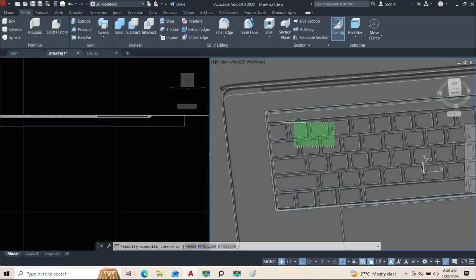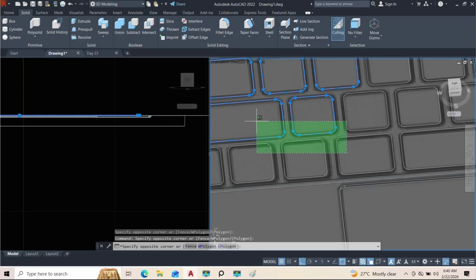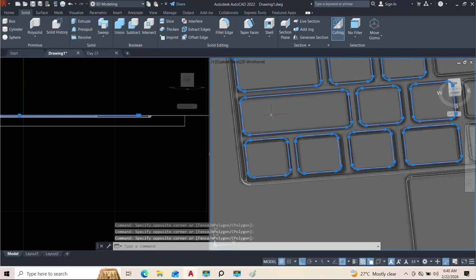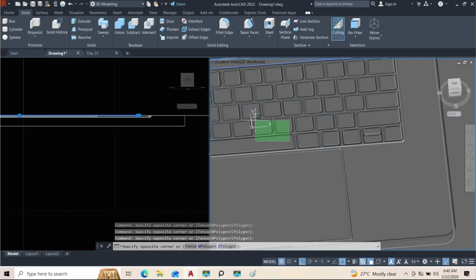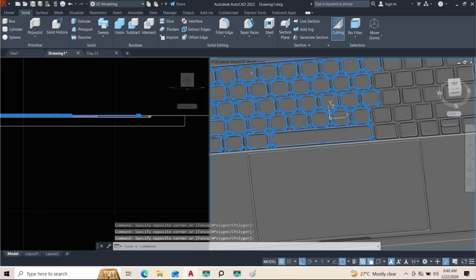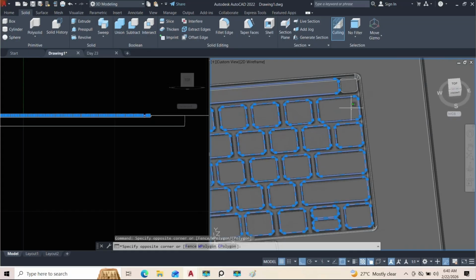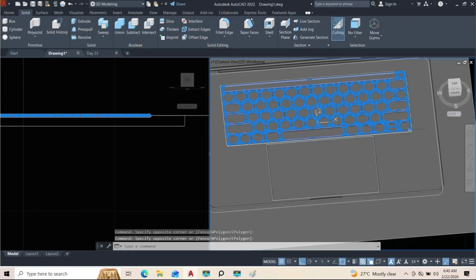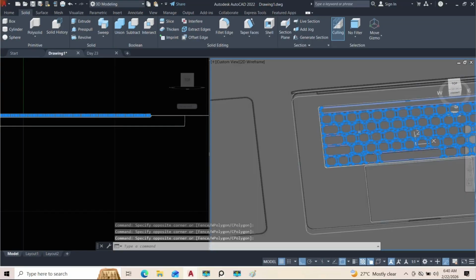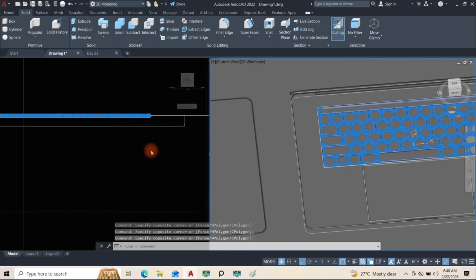So let's just now select them once more so that they are all selected, and then we can extrude them downwards from our side view or our front view. So we'll select all these guys, this, that, and this. And let's be sure everything is selected. I think everything is selected. Just come here